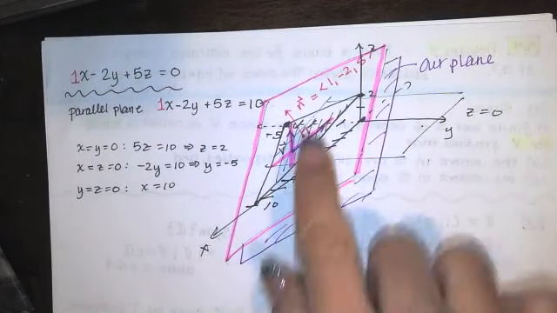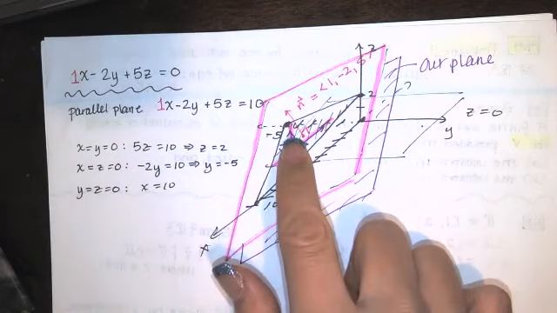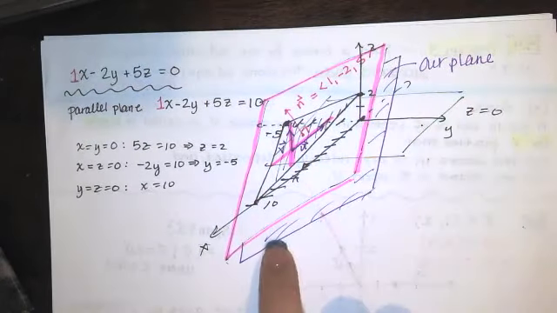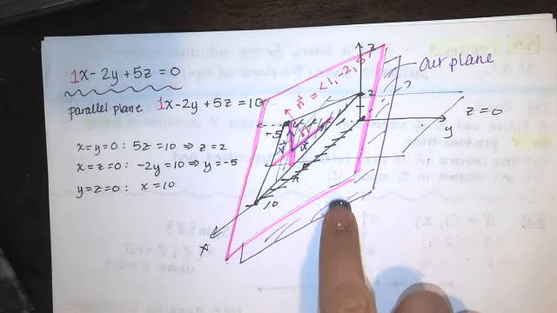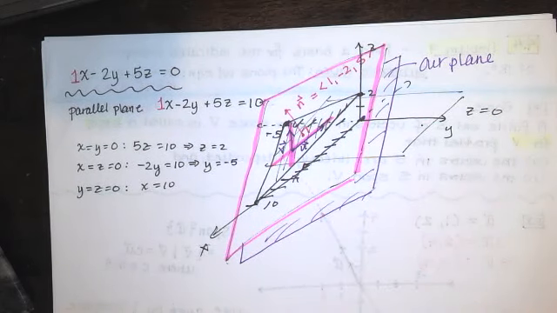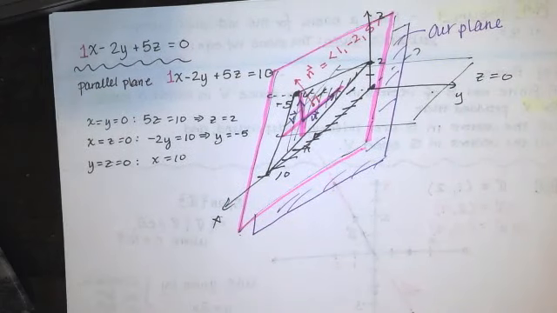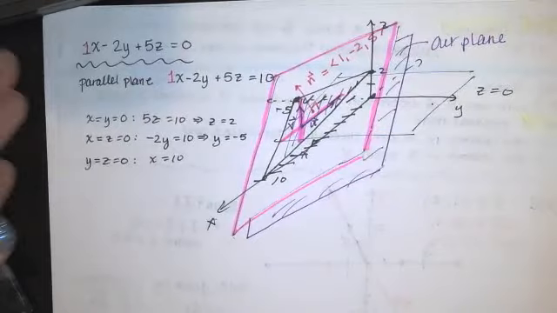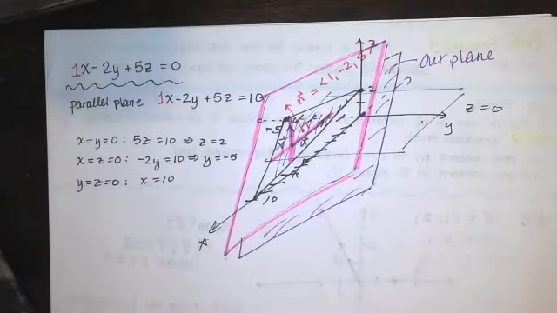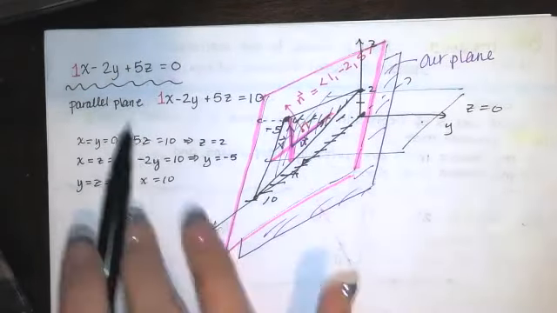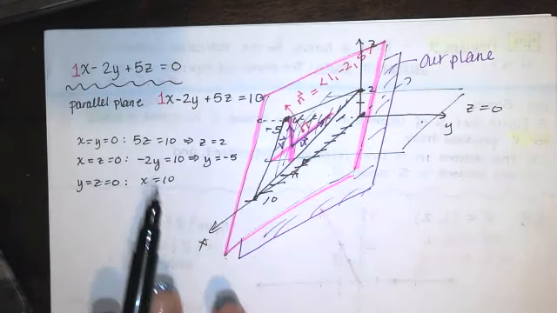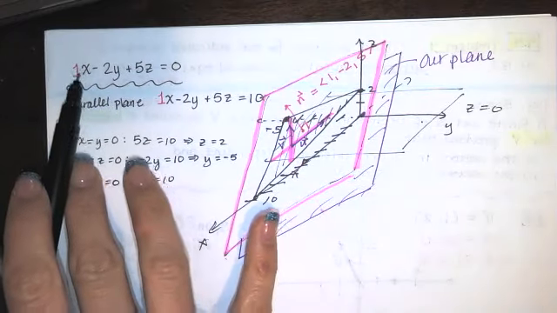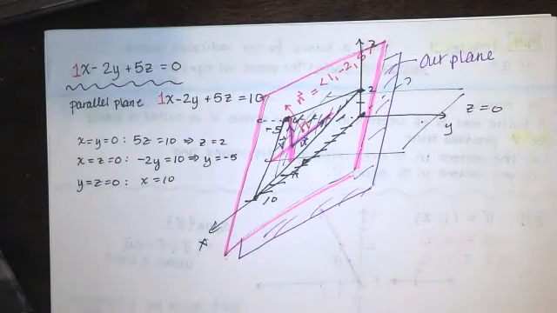So that's the idea. If we can find two vectors in the plane that are not parallel to each other, then we can find a basis for our plane over here. So you might be saying to yourself, okay, now I understand what the question is asking me. How do I actually find those vectors? Well, remember, those vectors